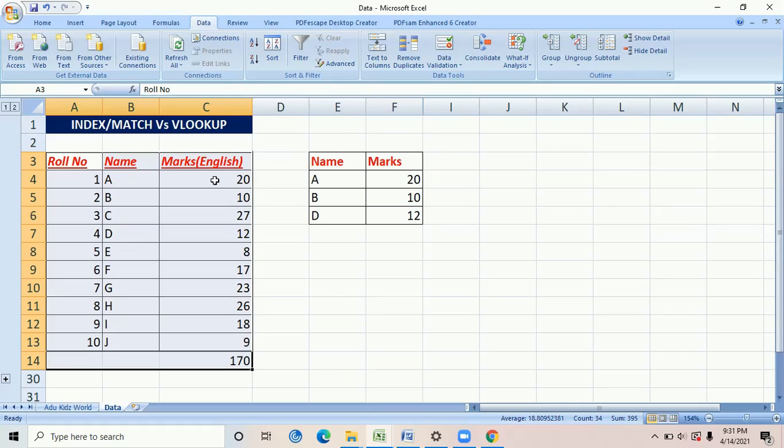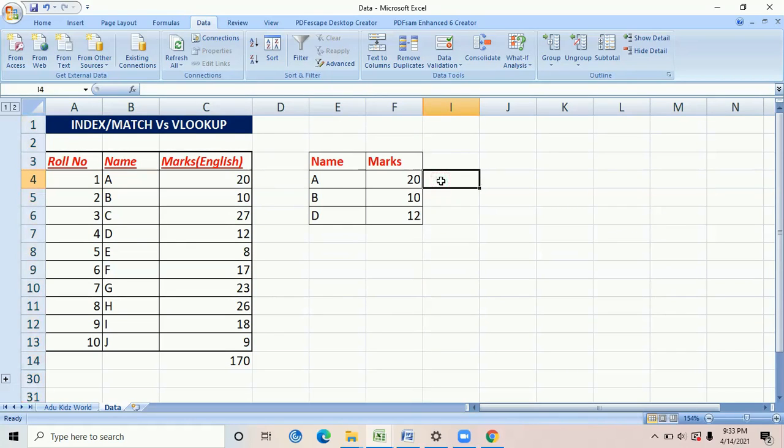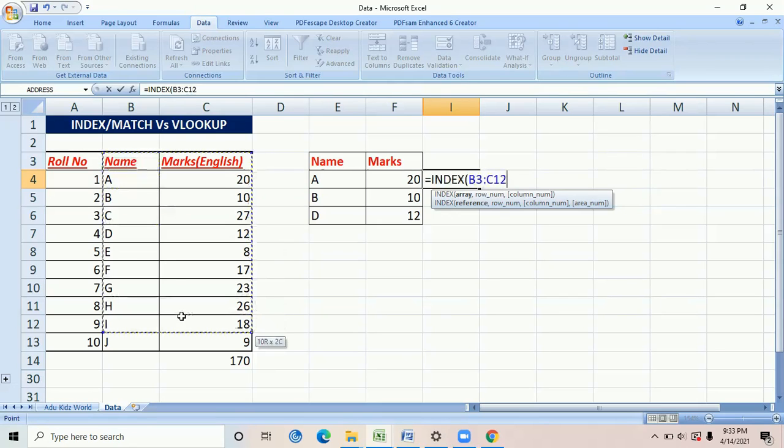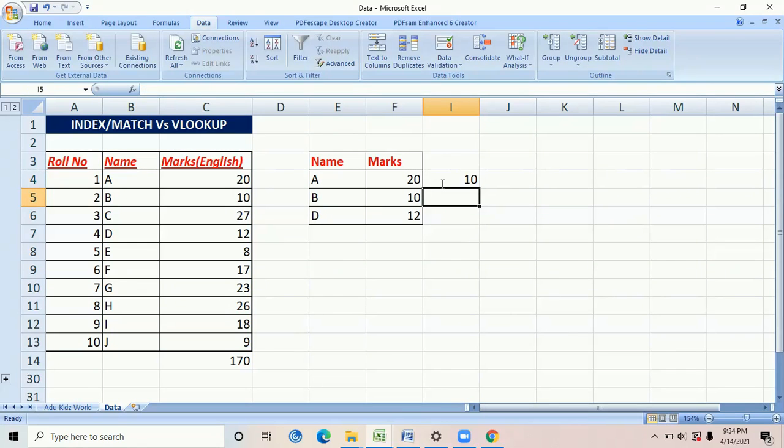VLOOKUP formula works. Let me tell you how an INDEX function works, right? So I will first type INDEX, then it is asking me for an array. So suppose my array is from B3 to C13, right? And I want the row number as 3 and let's say a column number, since we are selecting only two columns, so I have to take 2, right? Now this is the data, and from here it has picked up the third row.